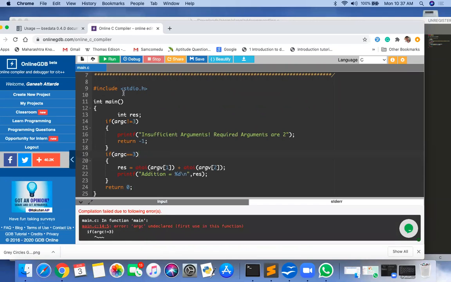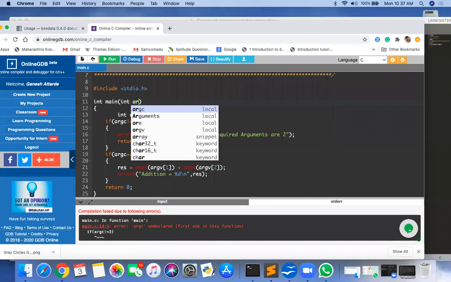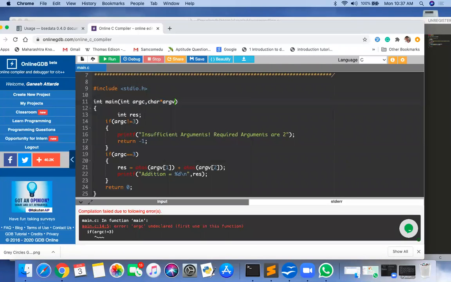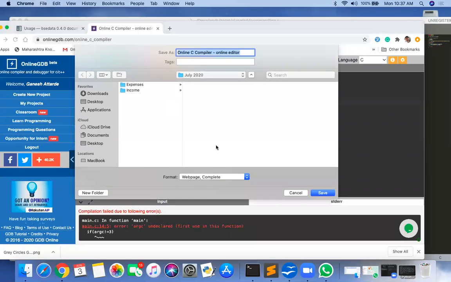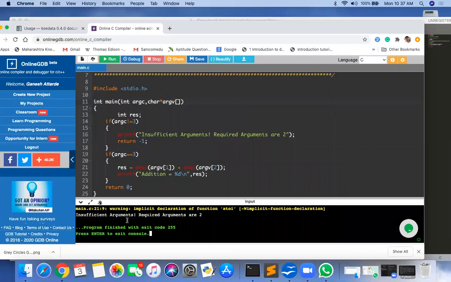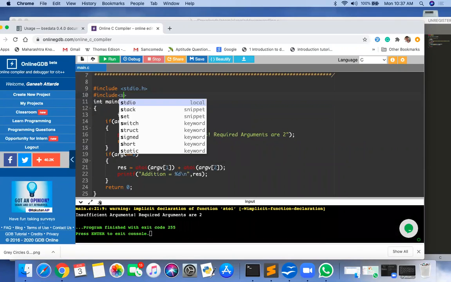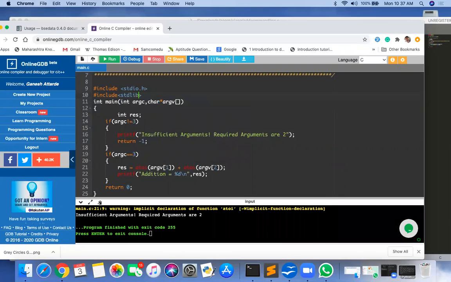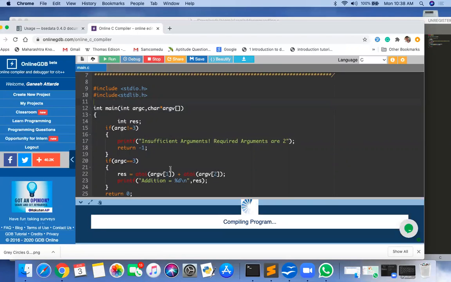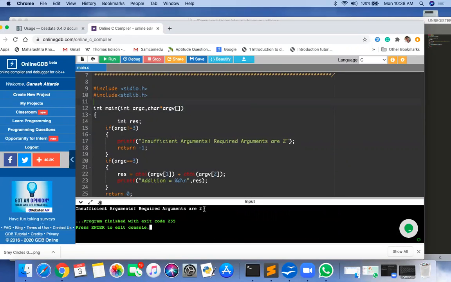Sir, in int main you didn't write int argc, char *argv[]. Oh, sorry. So it will give insufficient arguments. Then #include <stdlib.h> should be included. Run my program and you will get the output as insufficient arguments.